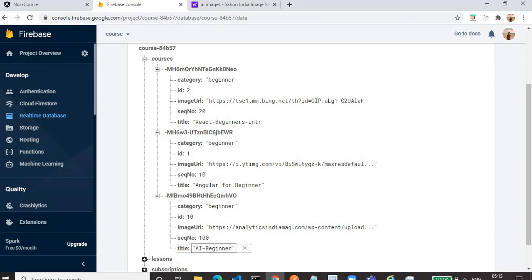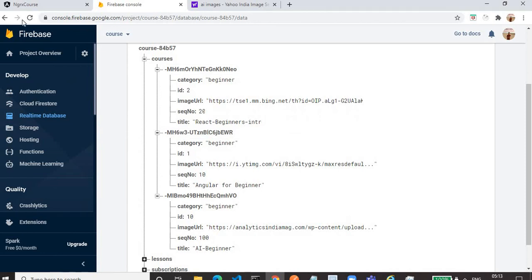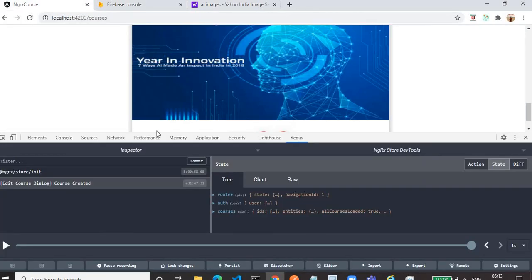AI beginner course. So it means we are dispatching only one action. This action is used for inserting the data in the database as well as updating the store. For inserting the data in the database, for the post request, we need an effect, and for updating the store, we need a reducer for this action.